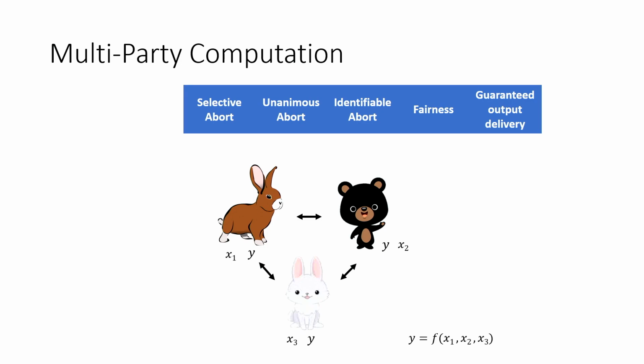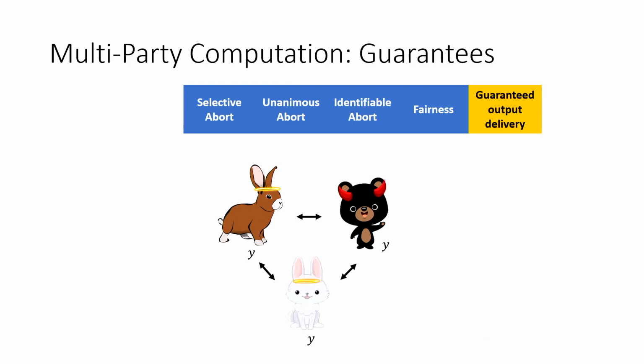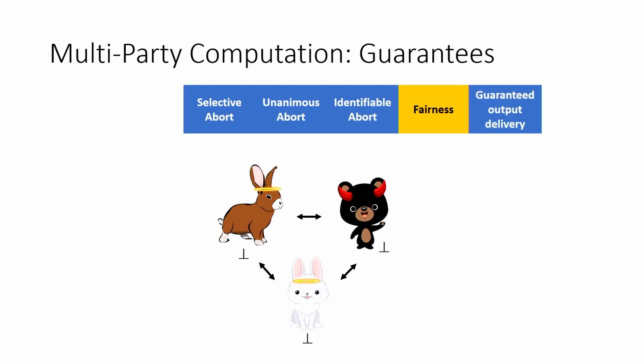Now an important question is to understand what happens in the case that the adversary refuses to continue the computation at some point and just decides to abort. What are the properties that MPC can guarantee in this case? The first notion that we can consider is guaranteed output delivery, which says that no matter what the adversary does, the honest parties are going to retrieve the output. Then we can consider a slightly weaker notion, fairness, which says that if the adversary does not get the output, the honest parties don't either, but if the adversary gets the output, the honest parties do too.